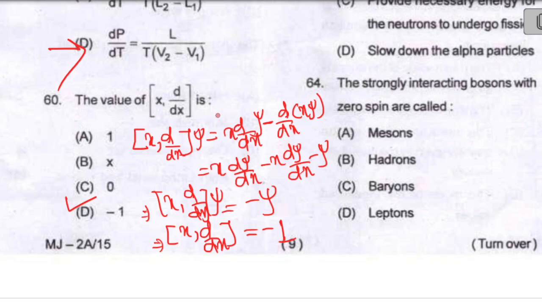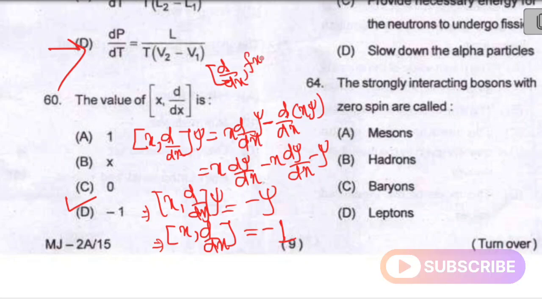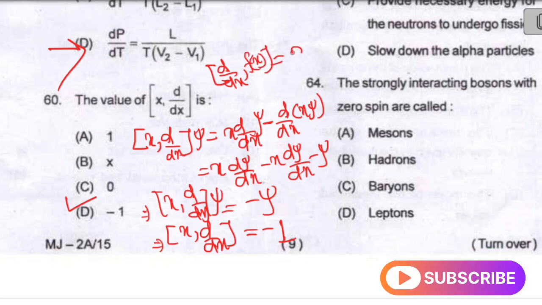Okay, so you can solve in this way. Otherwise, you can remember one general formula: the commutator of d/dx with any function f of x equals d/dx of f of x. You can remember this directly. Okay, [d/dx, f(x)] equals df/dx. So, using this formula, you can calculate